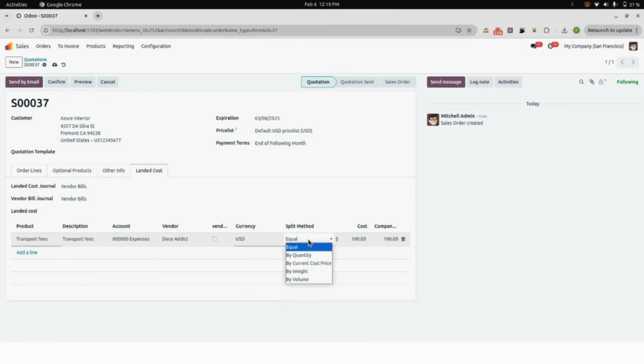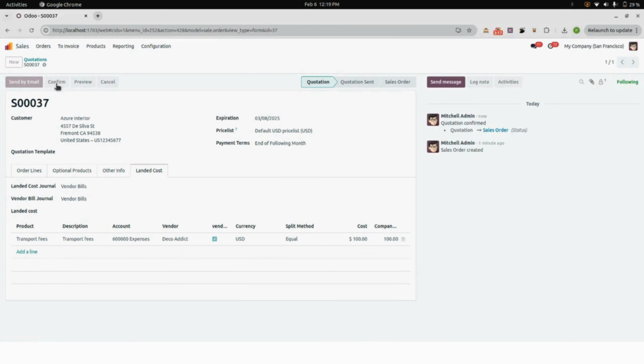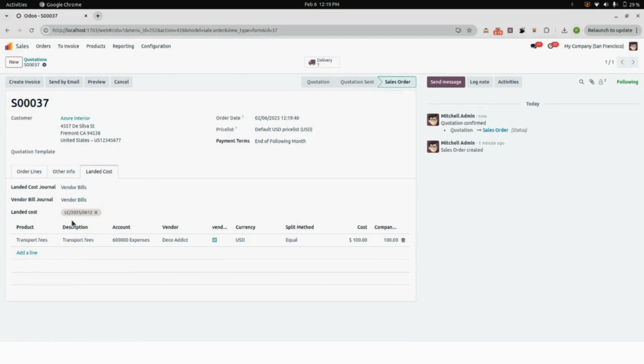In landed cost we have five types of split methods, which are by equal, by quantity, by current cost price, by weight, and by volume. Right now we are going with by equal, and here we enable the vendor bill create option. So we enable this, and we save, and we confirm this. After confirming this, you can see we will get one landed cost number,